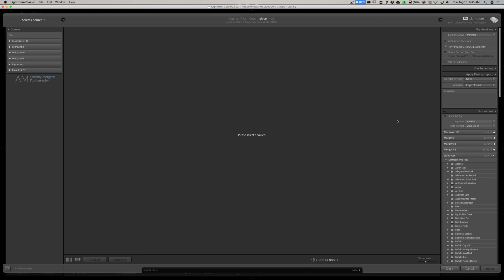The reason why the Done button is there is because a lot of people have voiced their opinion to Adobe that they like to come into the import dialog and set up their import settings, and then be able to close down the import dialog and come back to it with those settings still intact. Well, in the past, if you brought up the import dialog, put your settings in there, and hit Cancel, it didn't remember those settings. It would only remember the settings if you actually imported images.